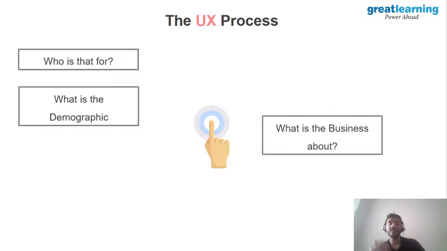Then we ask, what is the business about? So are you making an app actually for business purpose or not? Is it going to be free? Are you going to expend resources to make an app that is completely free or not? So then you have to decide what is the business process. If you already have a business that is running, then you can implement that business ideals into your user research process. So, what is the business about? The business is about giving ads, because that's how a lot of app makers make money. You put out ads or you have subscription fees for special things. So, these are the various ways you can do it.